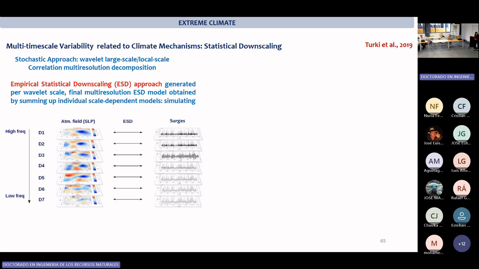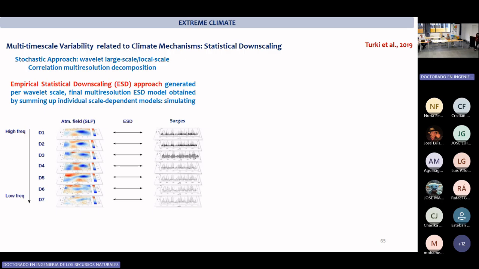So here, what we have done, we have decomposed the signal, okay? I take the surge as a variable. I have decomposed my surge into many frequencies from D1 to D7, from high frequencies to low frequencies. High frequencies are very high variabilities, and low frequencies are very slow variabilities, like a trend toward stationary behavior. The high frequencies are very non-stationary behavior. So it's very different and the estimation is different.